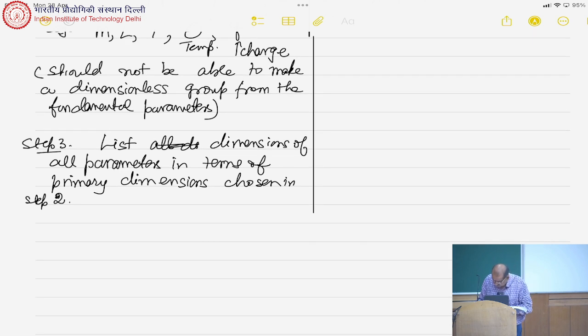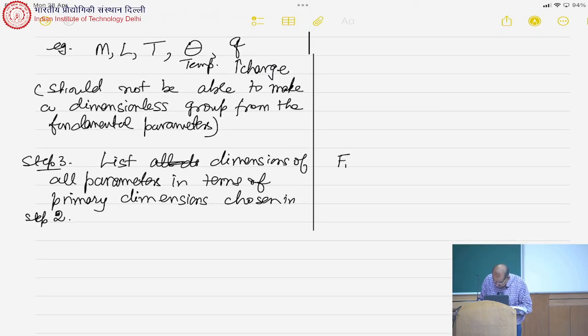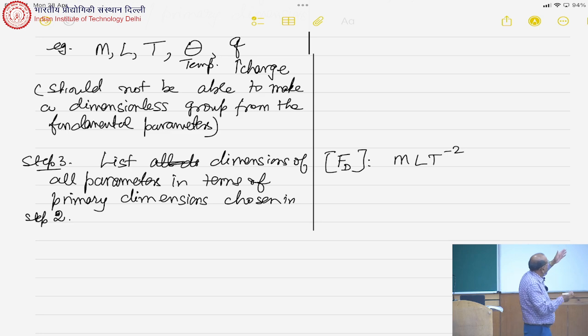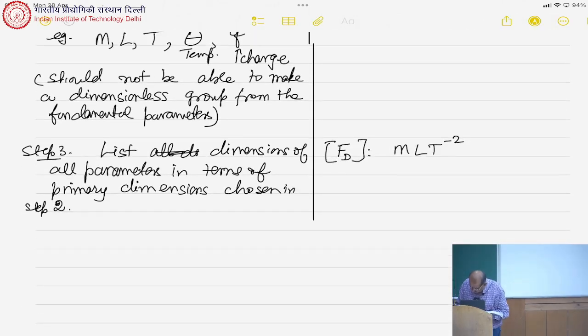So our variables here were Fd, the drag force. So how do we choose it? We know it is mass times acceleration. So m times L times t to the power of -2. And the square bracket is used to denote the dimensions. Okay. Which was the other thing? We had Fd, then we had rho. So dimension of rho would be